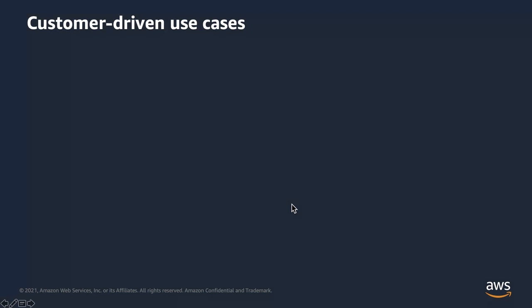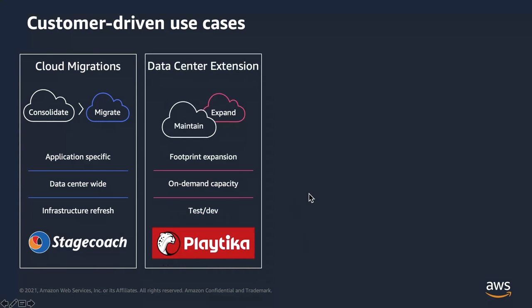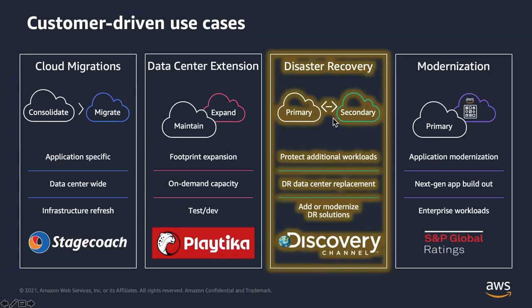Okay, let's go to the next slide. Now, we have several use cases that we see very often with customers. These are the most common ones: cloud migrations, which is if you're closing down a data center, you can migrate your whole environment to VMware Cloud on AWS. Data center extension, which means if you need more resources, you can quickly expand that footprint into VMware Cloud on AWS, and then you can contract it back to your data center when you don't need it anymore. And what we're going to focus on here today is disaster recovery scenarios. We also have the modernization phase.